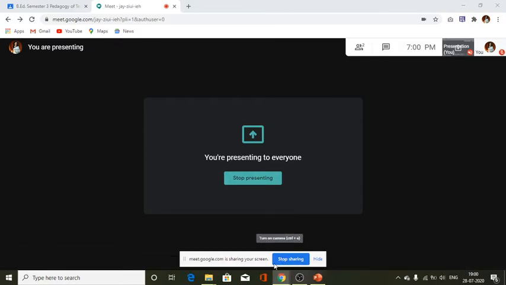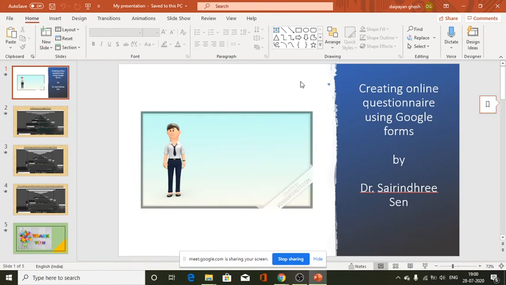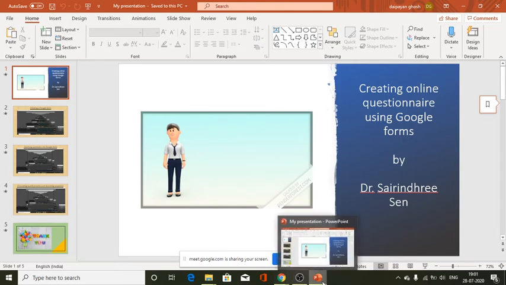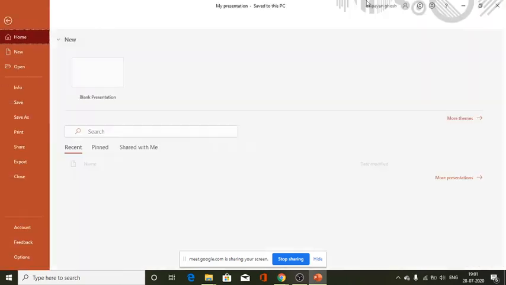If I want to stop this presentation, I have to click on stop sharing, or I may hide this icon. So now I just minimize my screen, and for example, this is my PowerPoint presentation, and I just want to present this to my students or to whoever I want. So I can go for a simple slide share and present my presentation.